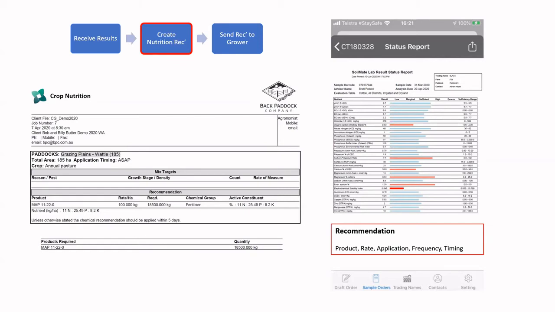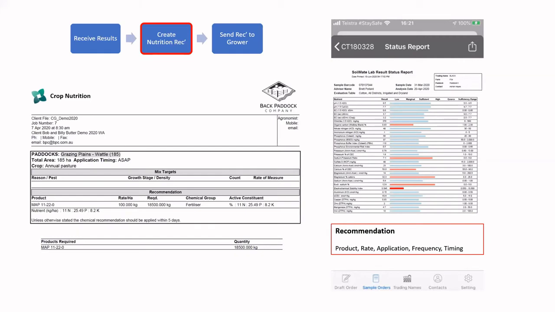And to that extent, oftentimes, particularly when there's a need, particularly with plant tissue samples, to get the results back, interpret them, and provide a recommendation or some sort of advice to the grower. So on the right-hand side there, you can see the next step as far as the mobile application is concerned,